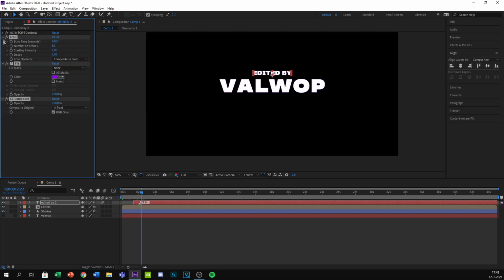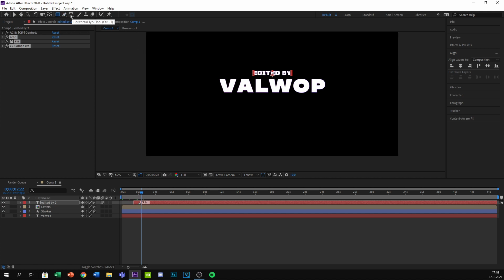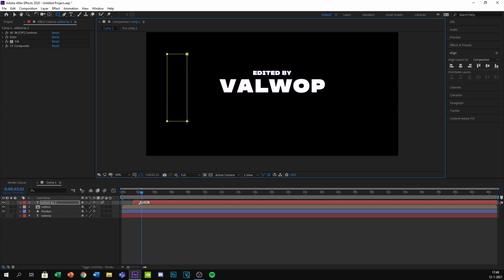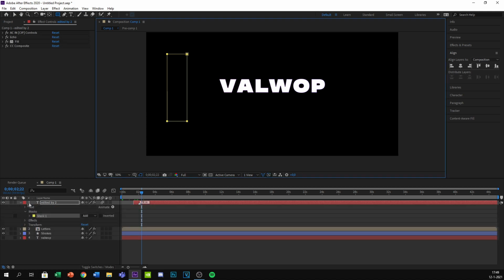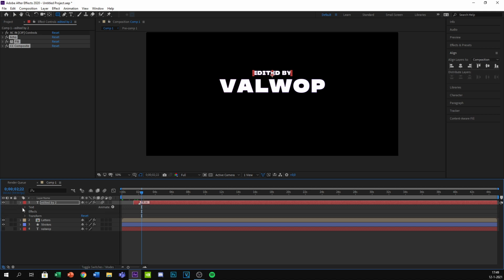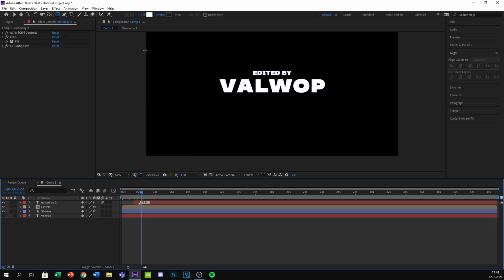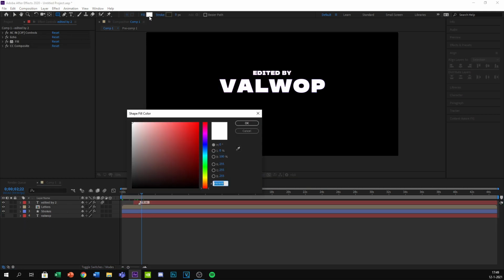Now for the last step before the ending, go to the pen tool. Wait, no, rectangle tool. Make sure you have no layer selected.